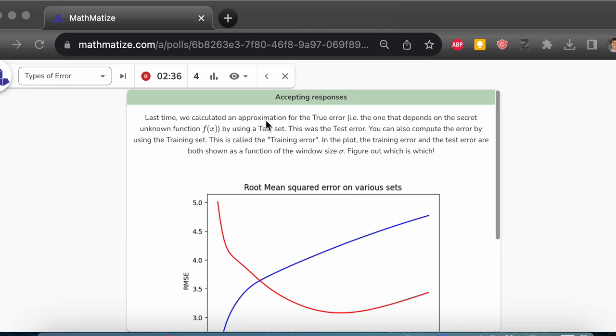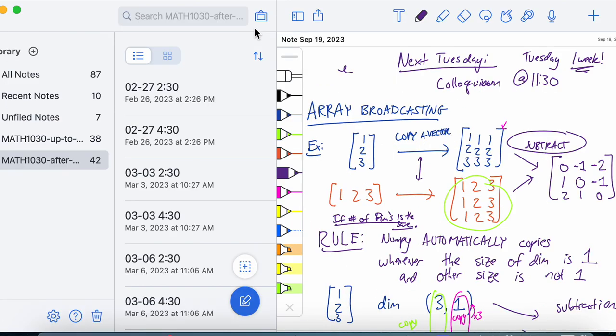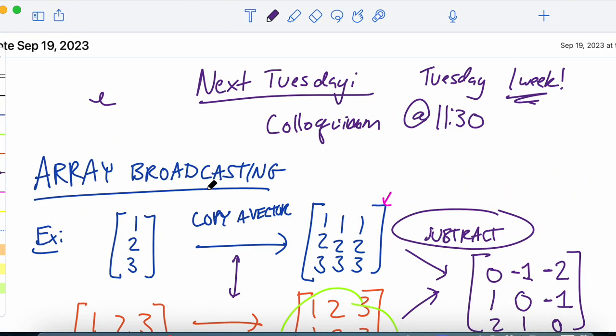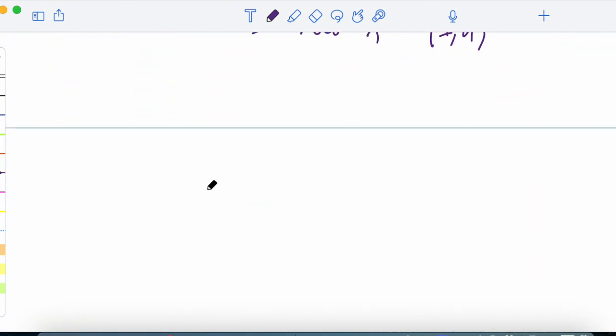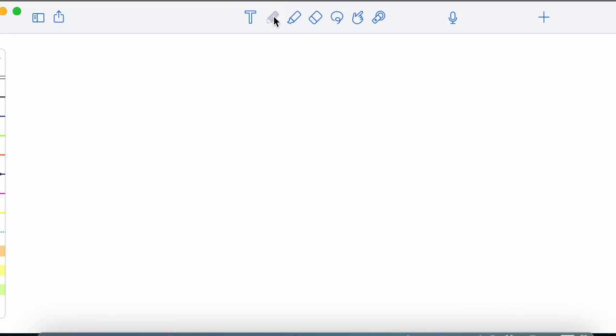Last class, we learned about the test set. So that's what we were doing at the end. That brought us up to two types of error that you could consider. Let me bring over the blackboard over here. This is what we did last time. So last time we expanded our collection of errors or loss functions,